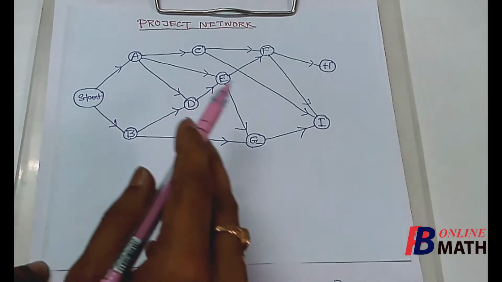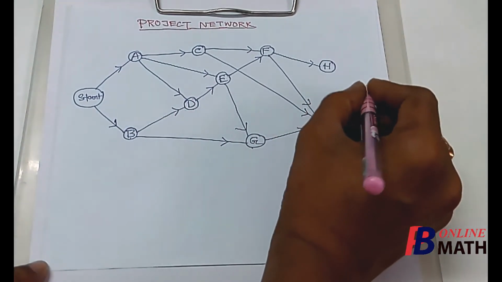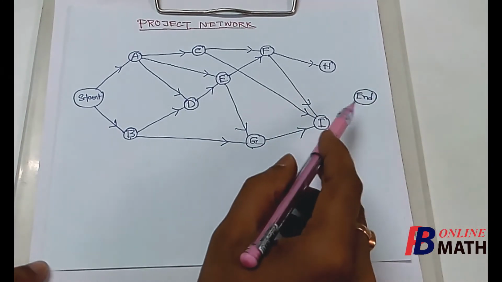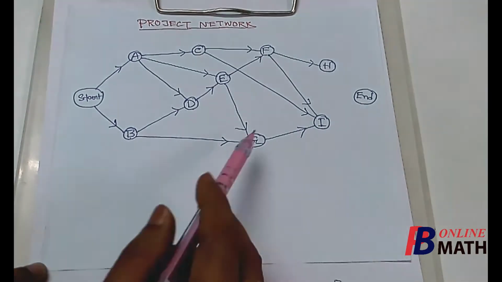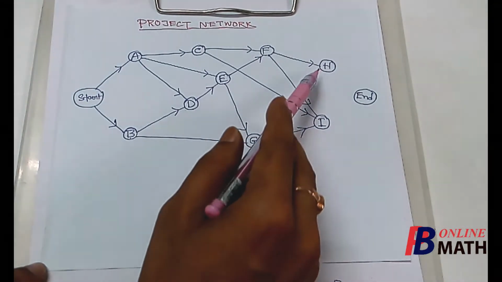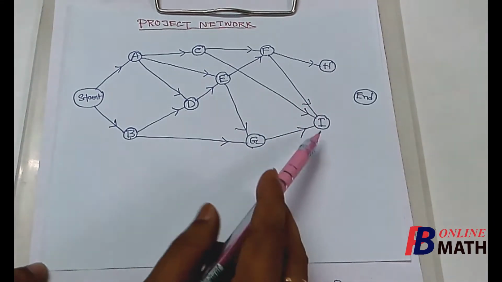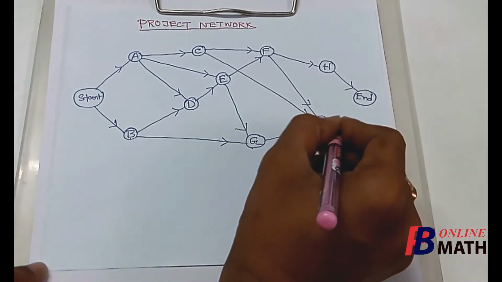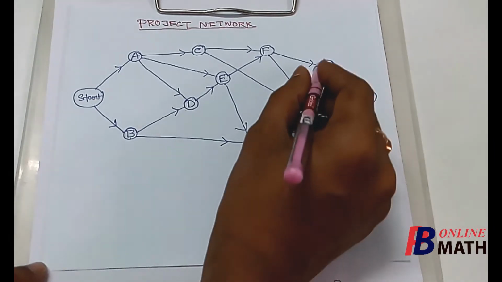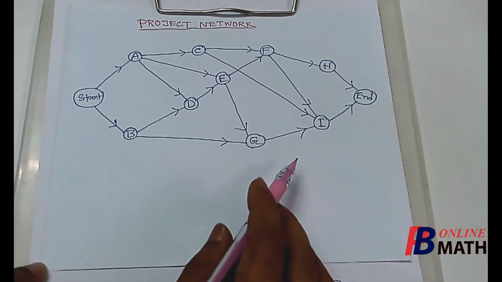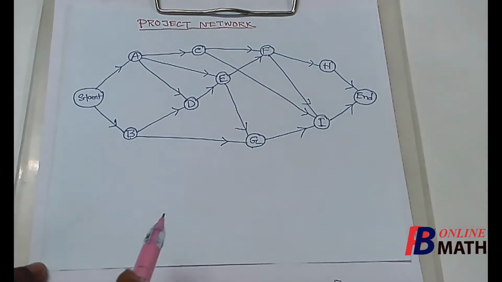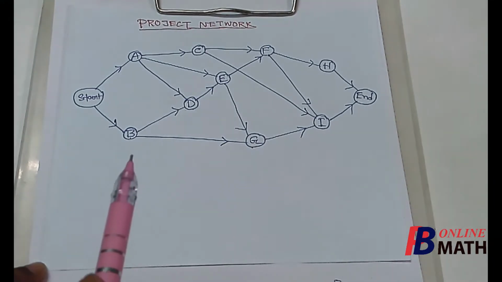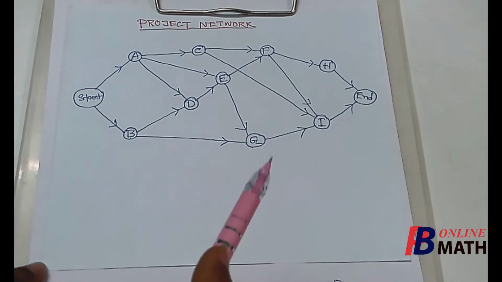Now once all the activities are done, then the final node will be the end or the finish node. Again, this does not represent any activity, but this is the ending node. Now here we find that there are two nodes H and I which have no successors. So we connect these two nodes to this ending node, since these two nodes have no successors. So this is the required project network. So the given project has been expressed by this directed network, and each node of this network represents one activity.